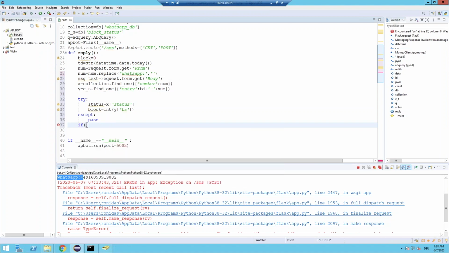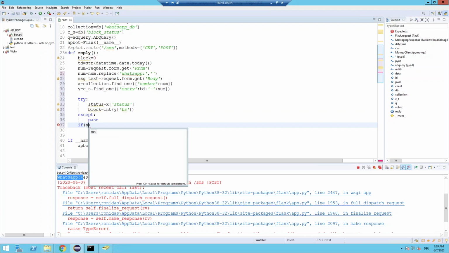So if the number is not blocked for more than 2 times, first time it will be 0, then 1, then 2. It will only be blocked when it is 3, so it should not be more than 3 times. If it gives the wrong answer the first time, the block status will become 1, meaning one time bad. Then second, then third. Once it is third, then definitely it is going to block. So that is why I'm going to write